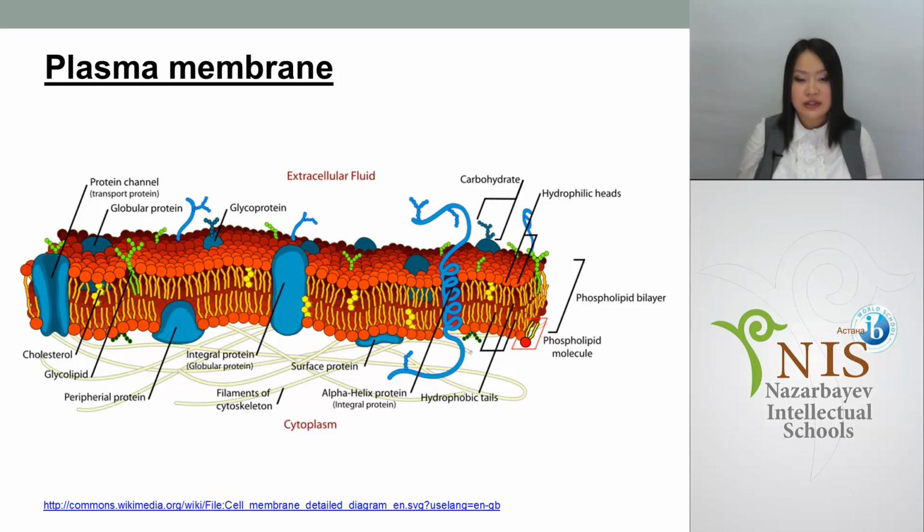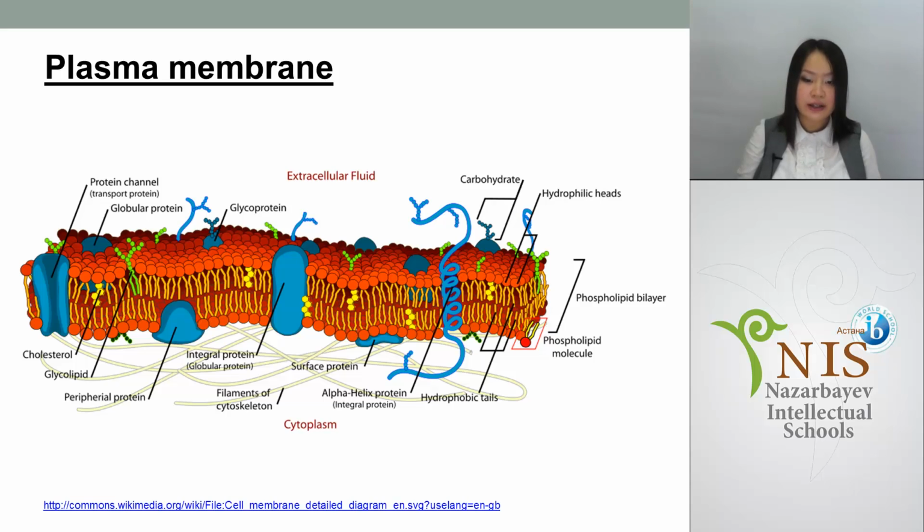What is the function of this protein? Integral protein mostly has the function of a channel. It will control what goes in and out by active transport mostly. But sometimes, of course, passive transport also. Then you could see glycolipids here, glycoproteins, and